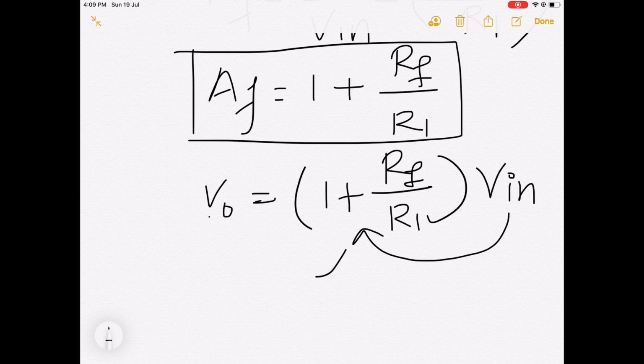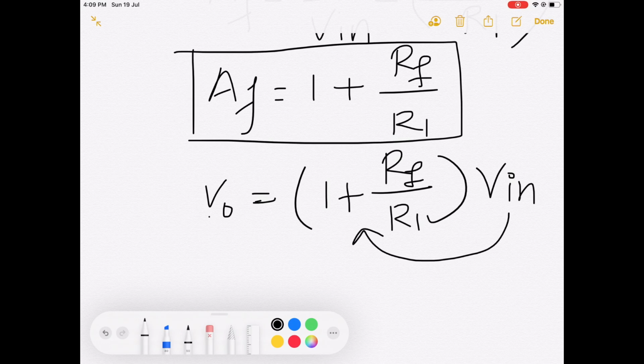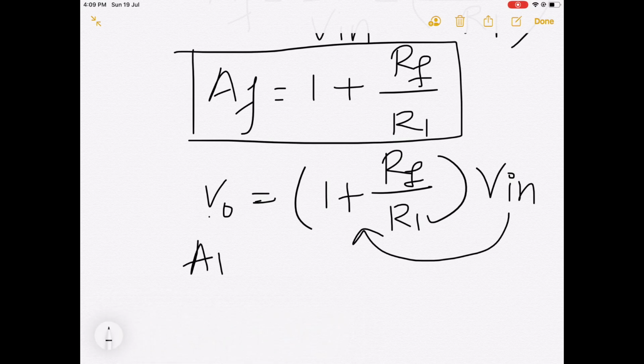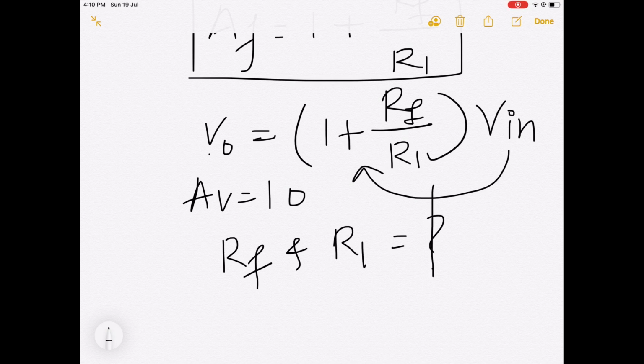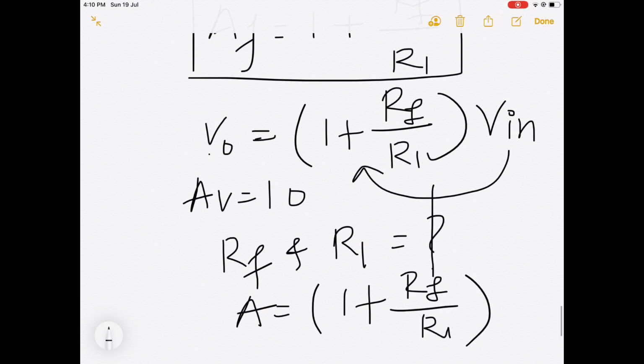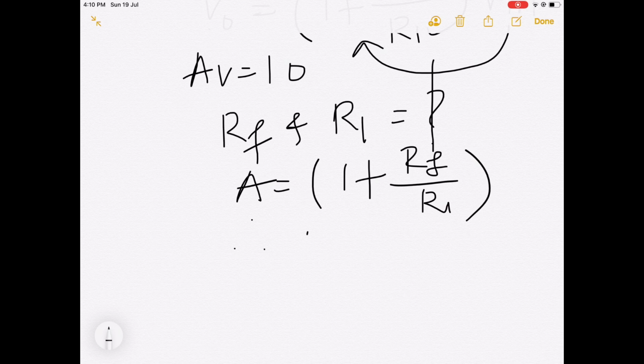Now, in examples they can give you a designing sum or they can give you component values and ask you to calculate the gain, as I gave in the inverting amplifier. Suppose your gain is 10 and you have to design a non-inverting amplifier. For designing you should first know the circuit diagram. In the circuit diagram, which components are externally connected to the op amp? That is RF and R1. That means you have to calculate RF and R1 values. So, what is the formula for gain? A is equal to 1 plus RF by R1, and here you have to consider one resistor value.